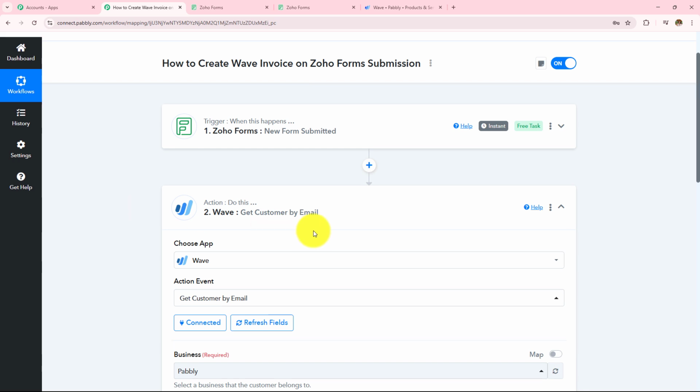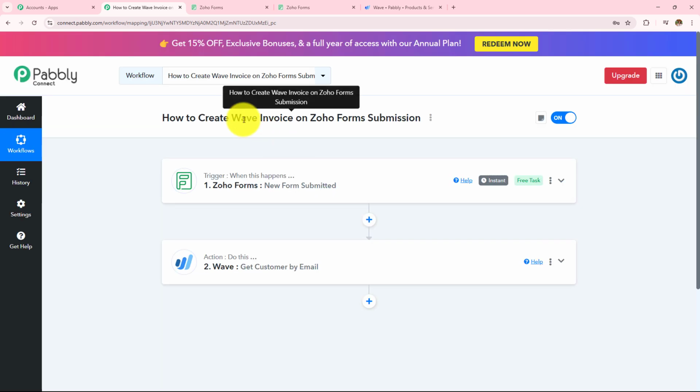But as I have told you earlier, the invoice can only be created for a customer who is existing, and it will not be created if the customer is not existing. So here we have two routes, one if the customer is existing, and the other if the customer is not existing. So we are going to create the automation for both of these routes. Here the customer is created, and next the invoice will be created for that customer. And if the customer is new, first of all we have to create the customer, and then the invoice will be created for that new customer after it has been created in my Wave.